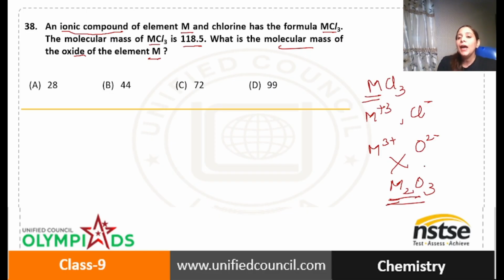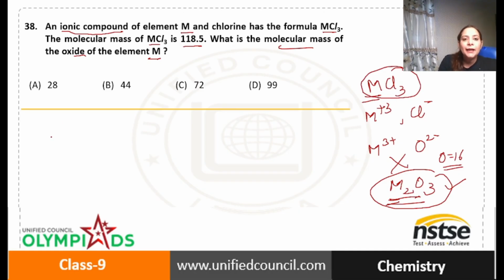Definitely, if we have the molecular mass of M, then we can find it for the complete molecule, because the atomic mass of oxygen is 16. So, if we have the mass for M, we can definitely find it for M2O3. Now, we don't have M, so we can find the mass of M using this compound, because M used in both cases is the same.